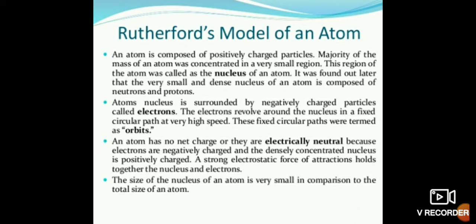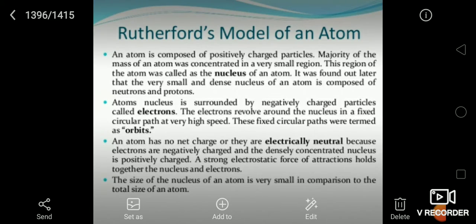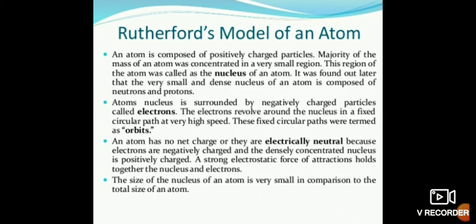Rutherford's model of an atom, which is based on its alpha scattering experiment. An atom is composed of positively charged particles. The majority of the mass of an atom was concentrated in a very small region. This region of the atom was called the nucleus of an atom. It was found out later that the very small and dense nucleus of an atom is composed of neutrons and